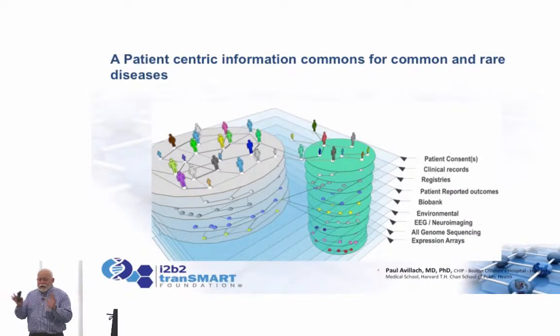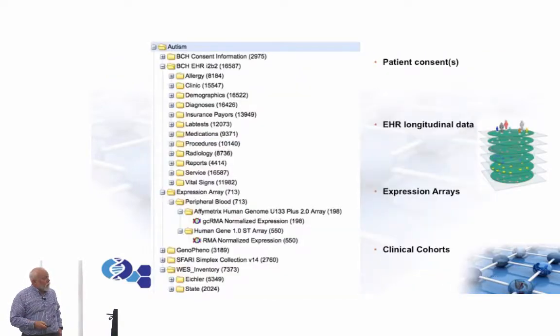So just to give you a quick example, some of the work from one of our members here, Paul Avillach at Harvard Medical School. He's integrated i2b2 and tranSMART into a single platform that he uses in his research. In fact, he's gotten in the last 5 years over $20 million worth of grant funding to build new patient data sets using this integrated i2b2 and tranSMART. And the idea here is that he's focused on rare diseases, and so he can basically build a Google Maps for these diseases.